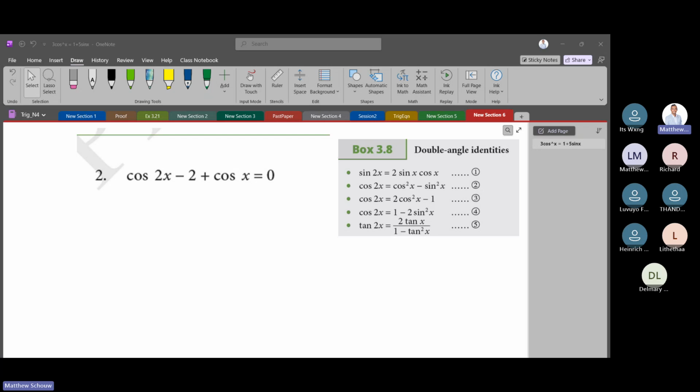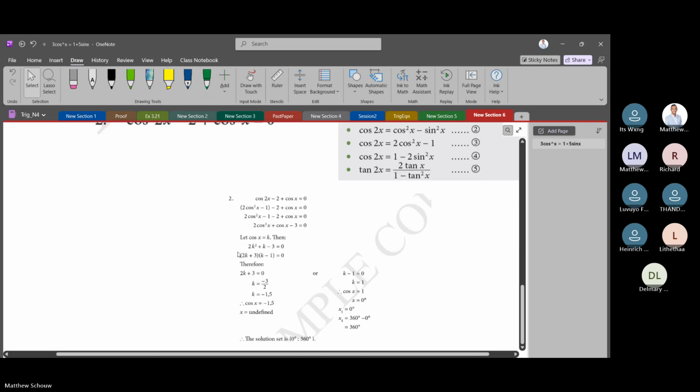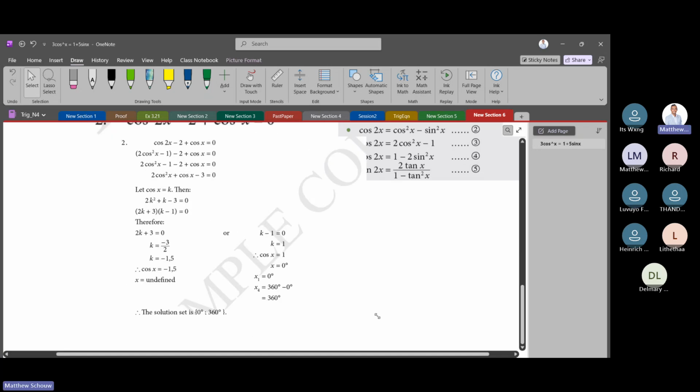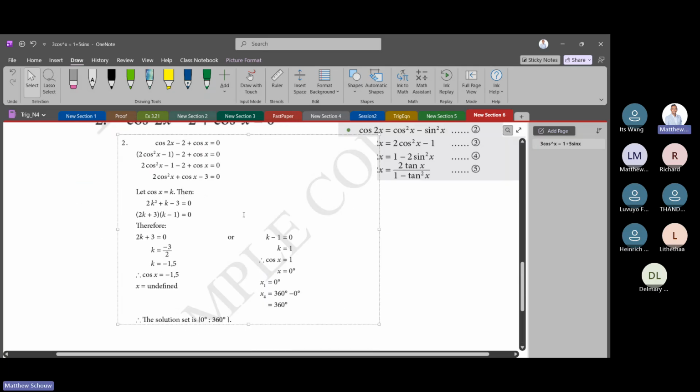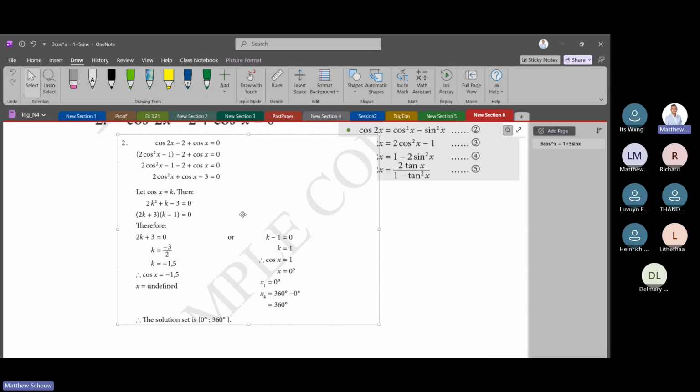Okay, let's see over here. All right, guys. So again, this is what you should have done. That cos 2x should have been 2 cos squared x minus 1, right? Minus 2 plus cos x. Again, you probably want to think of a quadratic over there. We let cos x be k, and it yields 2k squared plus k minus 3. We factorize that guy, and then eventually it's equal to